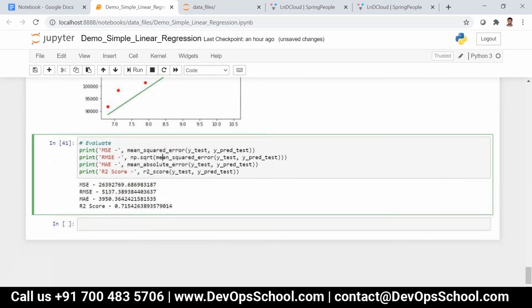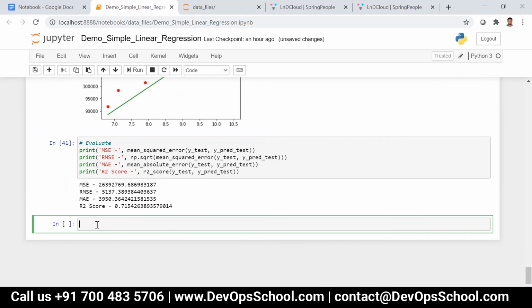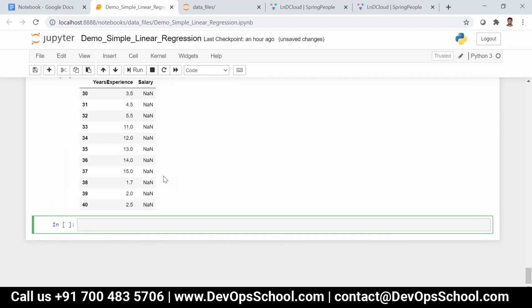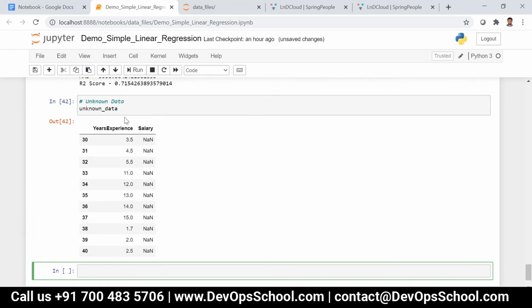Now what we are going to do is use the unknown data. This is the output that we are going to get now. So what I can do over here is write x_unknown equals unknown data of years experience dot values.